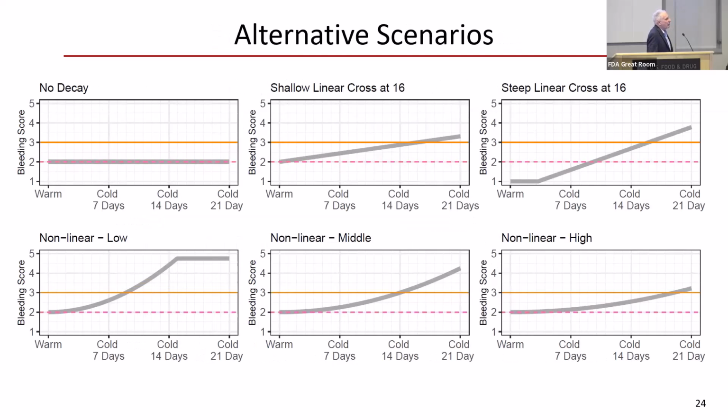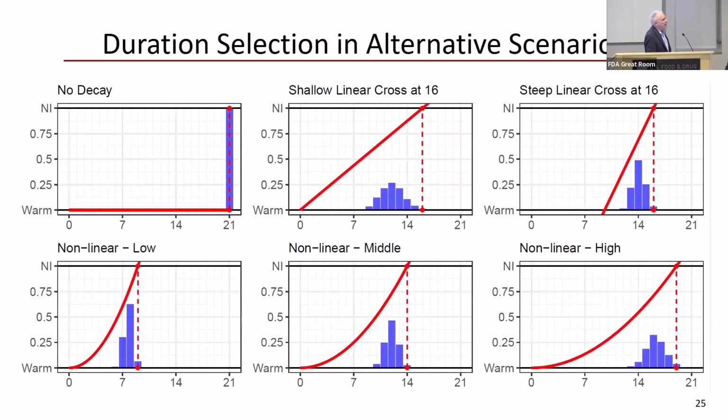To evaluate power, one also needs a set of alternative hypotheses. In each one of these cases, you may note that the gray broad line that represents the assumed efficacy of the cold stored platelets falls below, therefore better hemostatic efficacy than, the non-inferiority margin at 7 days. The most difficult in identifying the correct storage duration will be the more gradually sloping curves, and we'll be able to see that. This is the same presentation of the performance of the trial